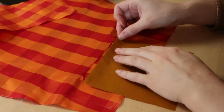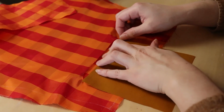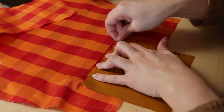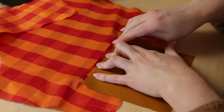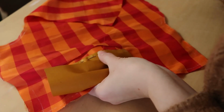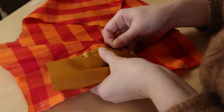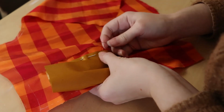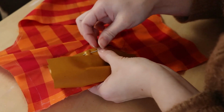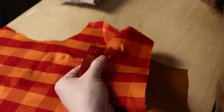Moving on then to adding the pocketing, this is just the same glazed cotton that I have for the back of the waistcoat and a few other spots, and it just needs to be a strong cotton that is going to deal with decent wear and tear since it's a pocket. It's a really shallow pocket, so it's not going to get a lot of use. I'm not sure what I could actually even fit in there, but despite that, it still needs to be really well reinforced. So I'm felling over the top edge, which I used the really nice selvage of the cotton for,